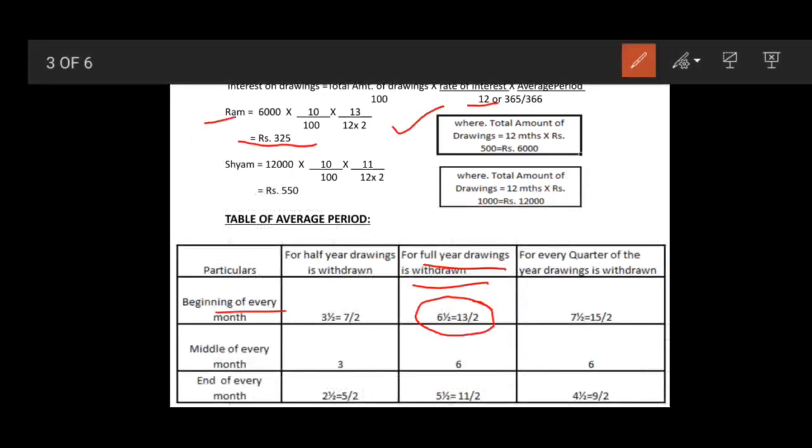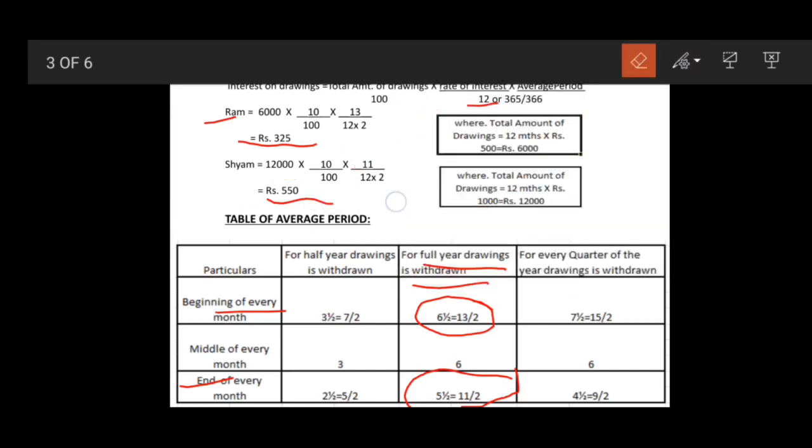So again we have to consider end of every month and for the full year. So it will give you an average period of 11 upon 2. So substituting this, 1000 into 12 multiplied by 10 upon 100 multiplied by 11 upon 2 multiplied by 12, where 12 is again the 12-month period. So your answer turns up as 550. So this way,